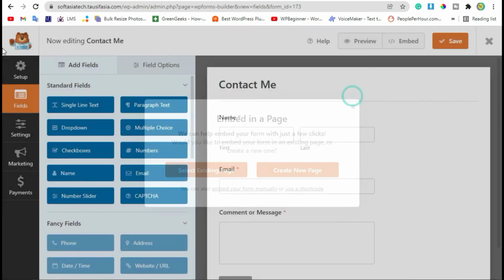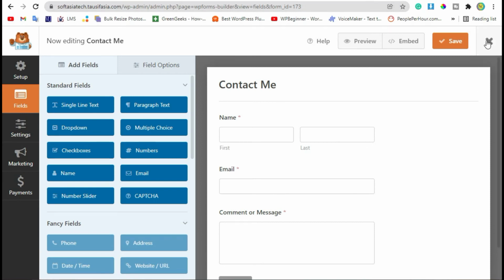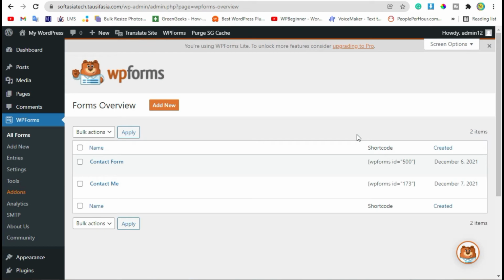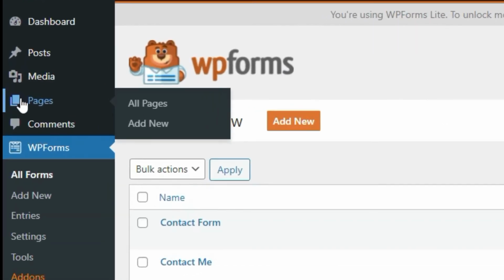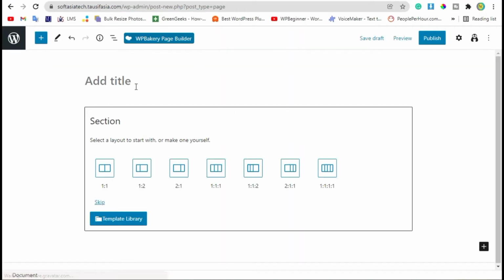Now click on this cross button. It will take you to dashboard. Now go to pages and click on add new page. Add page title. Publish the page